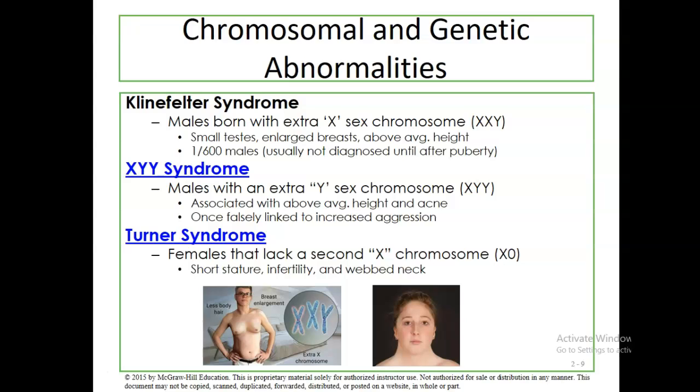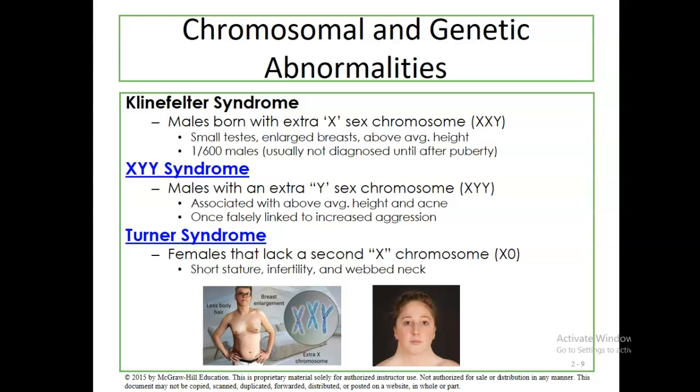So this syndrome is interesting in that it really only affects physical development. It doesn't have very much effect on cognitive development. But when physical development is affected with these kinds of features, this individual may experience issues with self-esteem, and so of course that's likely to have an influence on their socio-emotional development.